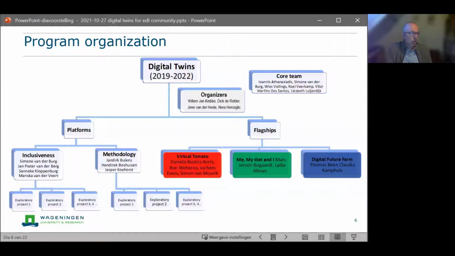Methodology is about how to connect to the system with a real-time data connection, what algorithms we use, how we would like to visualize, and for instance, what metadata schemes should be used. The inclusiveness is more about involvement of stakeholders, ethical questions,